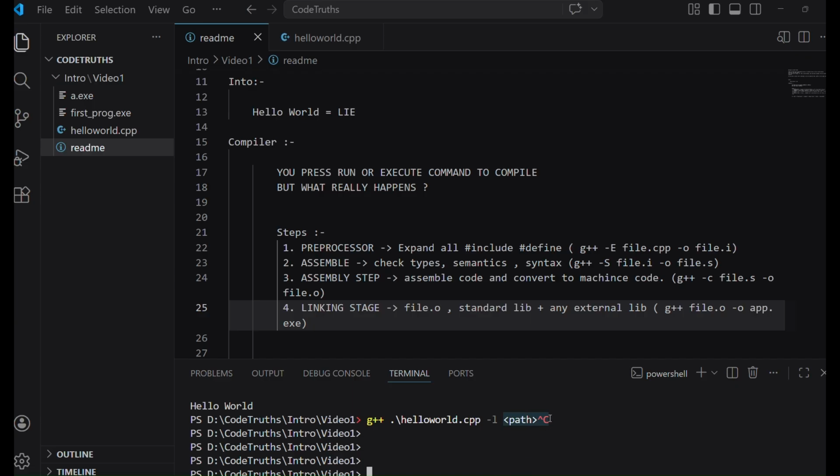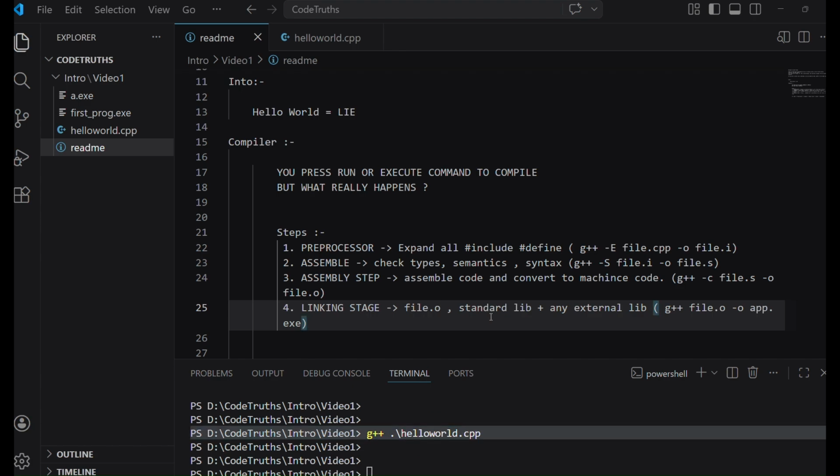I'm saying something like this, but we are not writing it here, right? We are just writing g++ hello world.cpp. Why are we not writing the standard library? Because we are using the standard library, and the compiler is very smart. It searches in the installed directory where the compiler is installed, and finds everything locally. That's why we do not need to specify it in the case of standard libraries. But whenever you require any external libraries, you need to give the path by using the -l option.